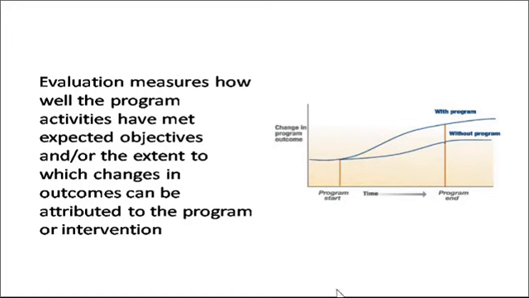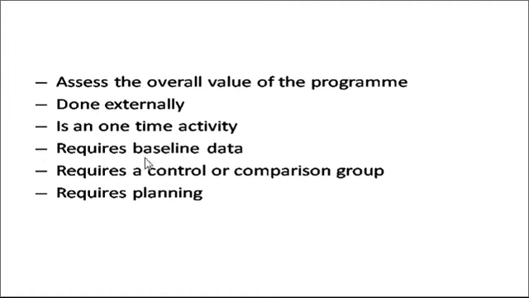Then at the end of the time, we try to assess what is the change in the experimental group and what is the change in the control group. And the change which occurs in the experimental group can be attributed to the particular intervention that I have initiated. So in this case also, that's the reason we are saying that it requires baseline data. That means, first of all, I need to know what was the baseline before the entire campaign